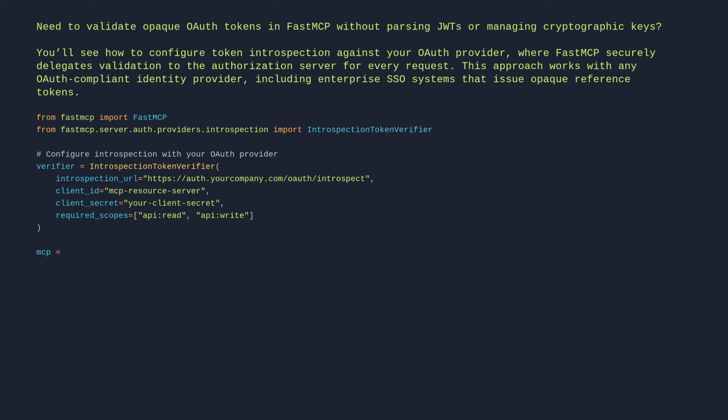mcp = FastMCP(name = "Protected API", auth = verifier)